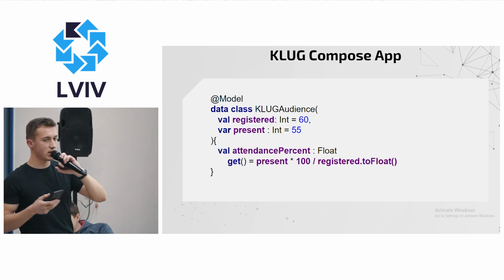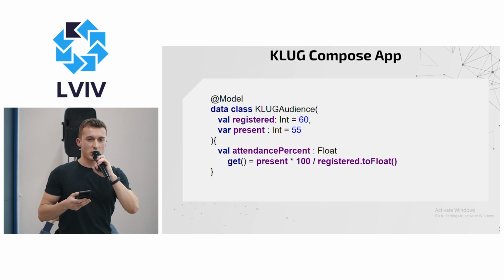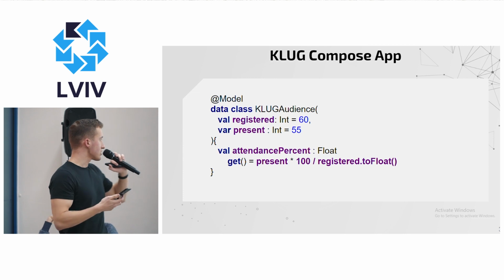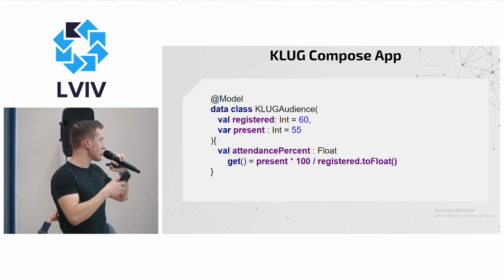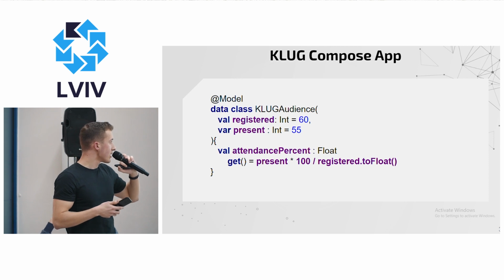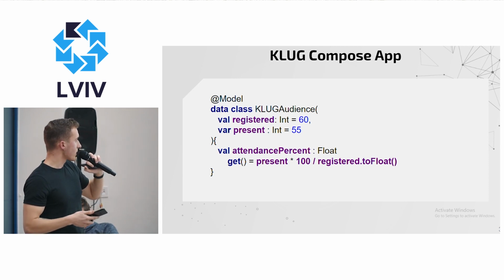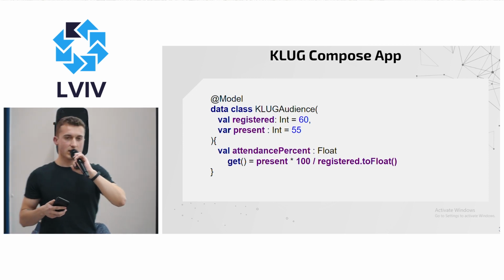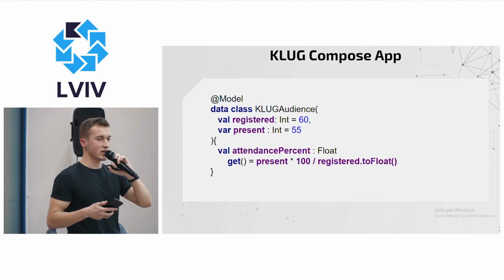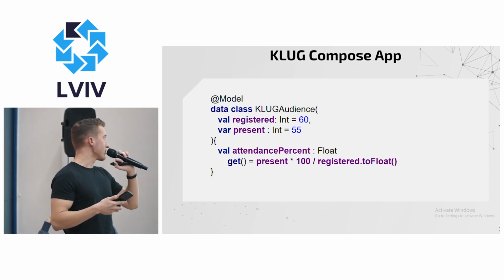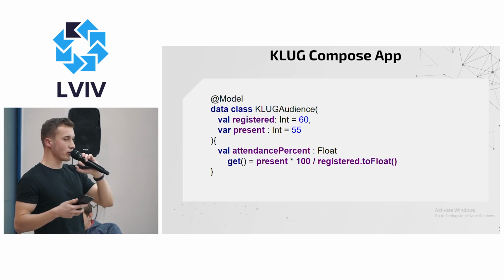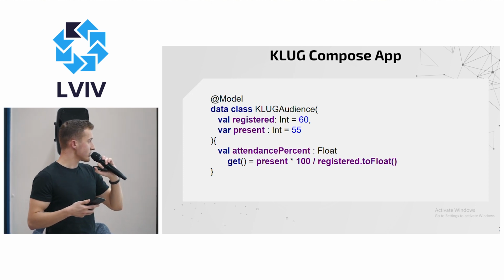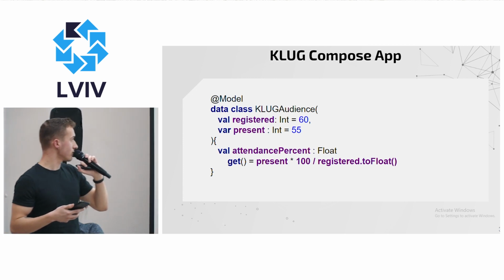It tells this data class to observe its mutable properties, because we can see here one immutable property and one mutable property, and actually one more immutable property. Registered represents the count of all registered users for today's event, and present represents the count of users that actually came here. Okay, and attendance percent represents the percentage of